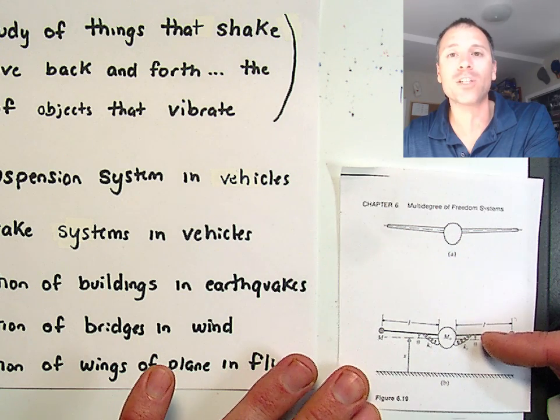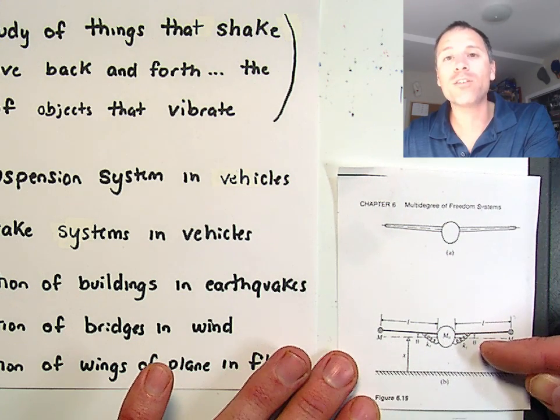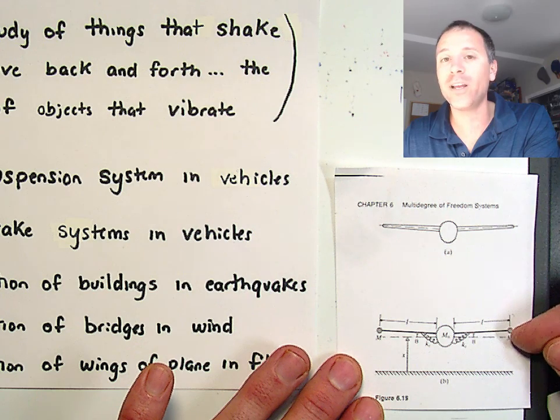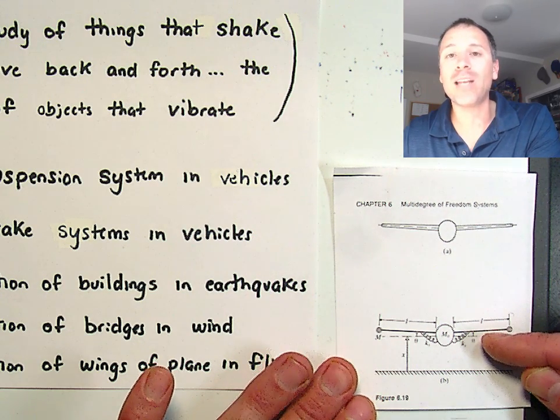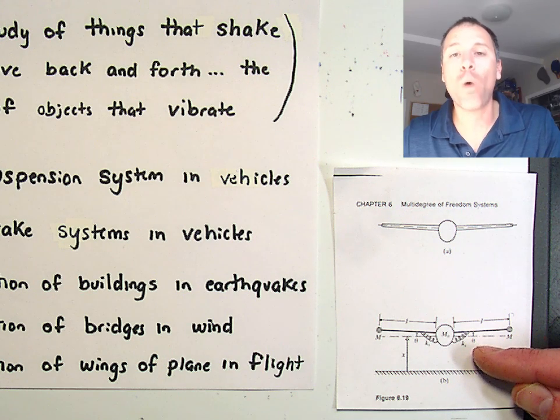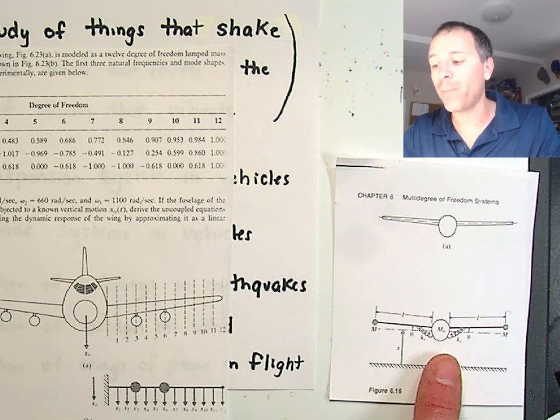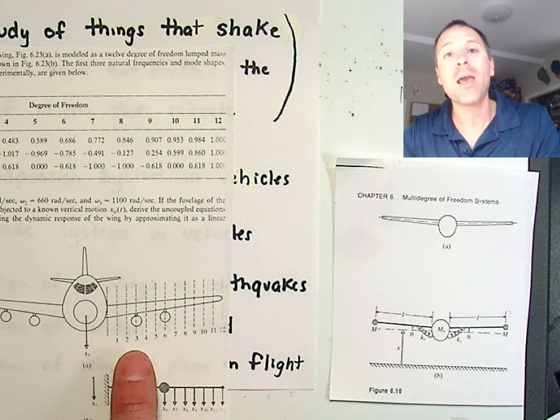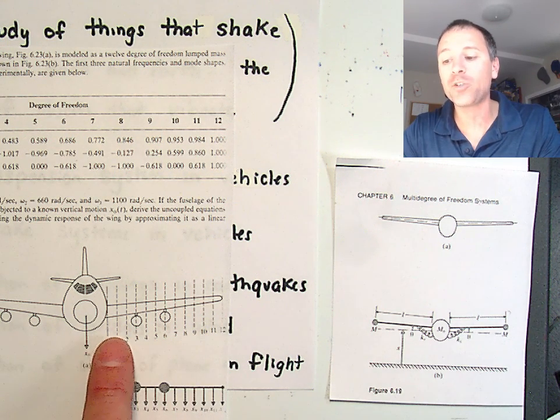And the question that we ask ourselves is, how do the different forces that the wings experience relate to the up and down motion? And have I designed my system in such a way that the wings aren't going to fall off when in flight? Once we have intuition about that introductory problem, we can make it much more interesting by discretizing a larger wing.